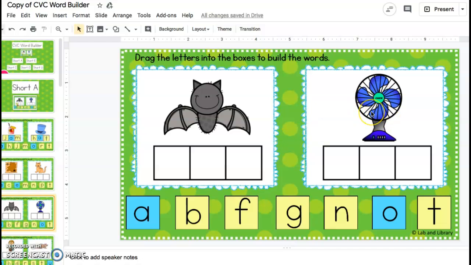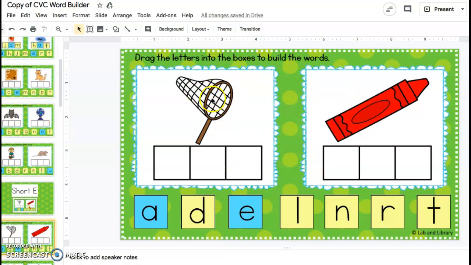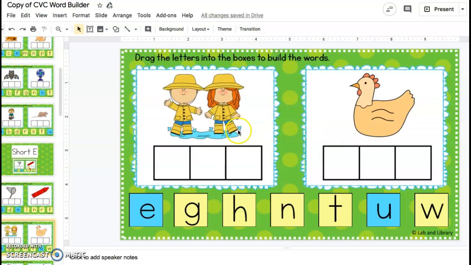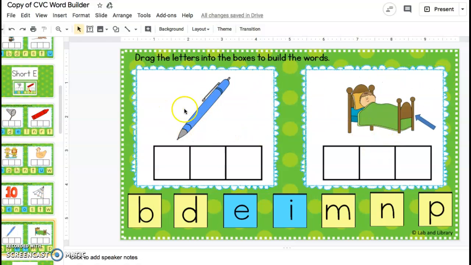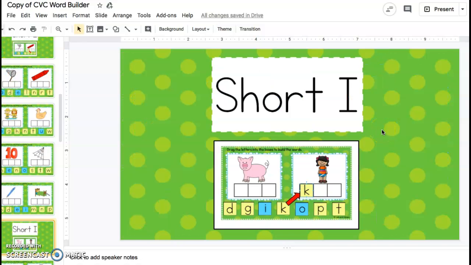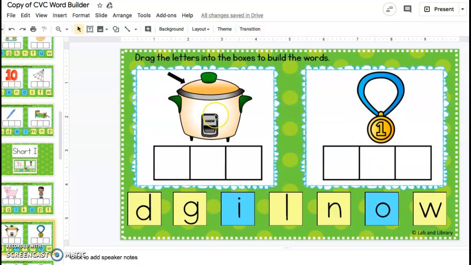bat, fan, sad, rat, net, red, wet, hen, ten, web, pen, bed, pig, kid, lid,